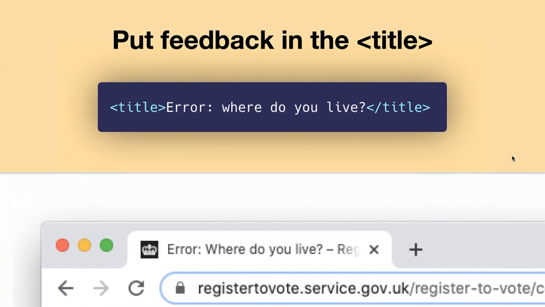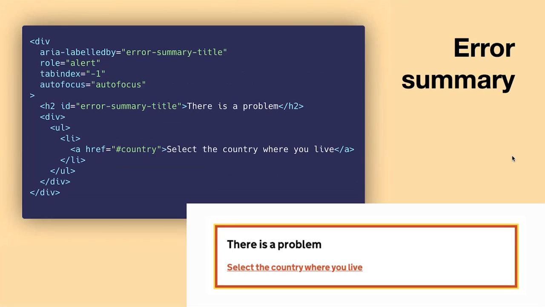The reason why that matters is because a screen reader will read out the title first. So it gives them immediate feedback that what they've just submitted did or did not work. And that's not usually obvious. If they don't get that, they have to go through the page until they get to where the form was, and then they hear all of the bits about the form and hopefully guess that the form was submitted correctly. You know, what if the form's still there and nothing changed? They wouldn't know. So this tells them what did work or didn't work.